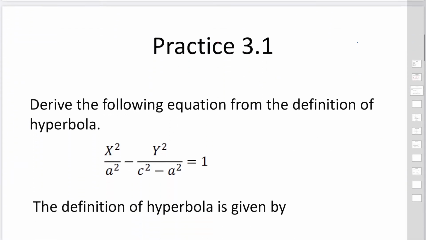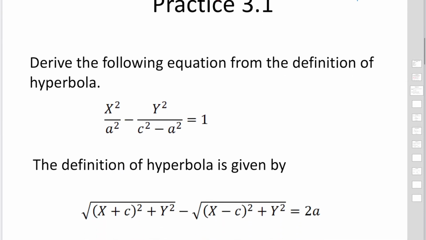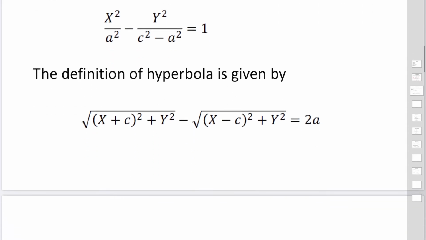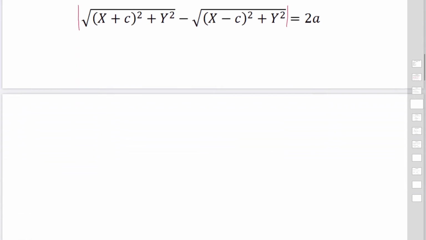Then we move to practice 3.1. Derive the following equations from the definition of the hyperbola. The definition of the hyperbola is given by this equation. Maybe you can add the absolute values. Then we can express this square root